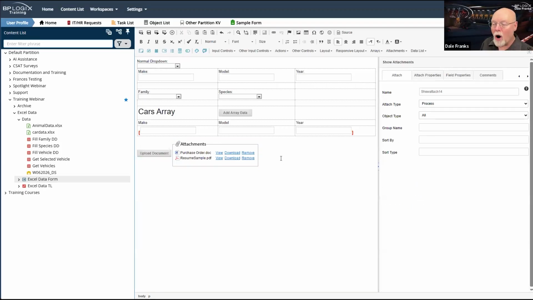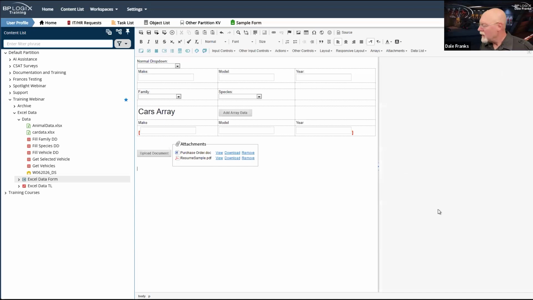But what we are going to do is use an Excel file to actually fill data on the form. Now, I have a couple of different ways that I can go with this. But let's see if I can sneak both of these in here. I'm going to add another button.